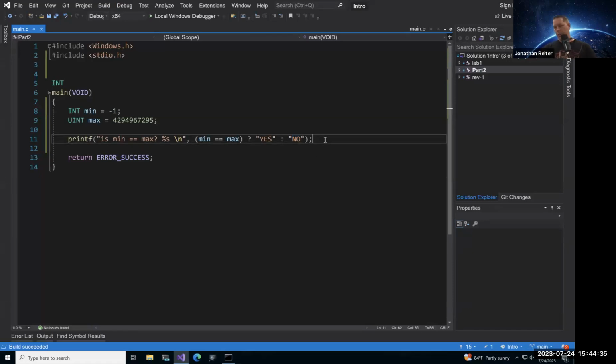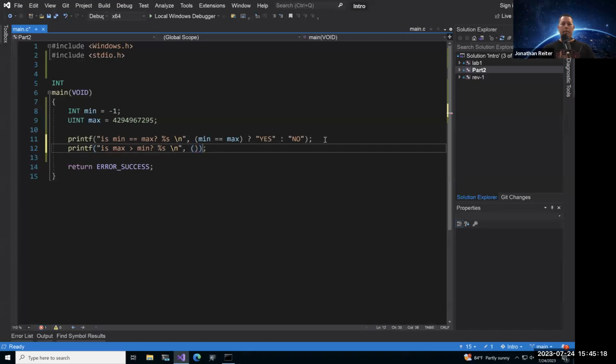One more example of something I want to show you, another crazy thing that happens when you mess around with signed versus unsigned. I'm making another printf statement here, and what I want to do is check if max is greater than min. So is a positive number greater than a negative number? I'm going to say is max greater than min, and I'll do %s to make this a formatted string.